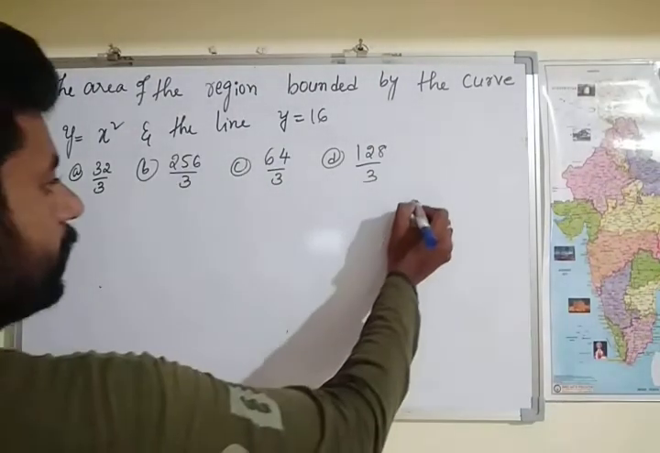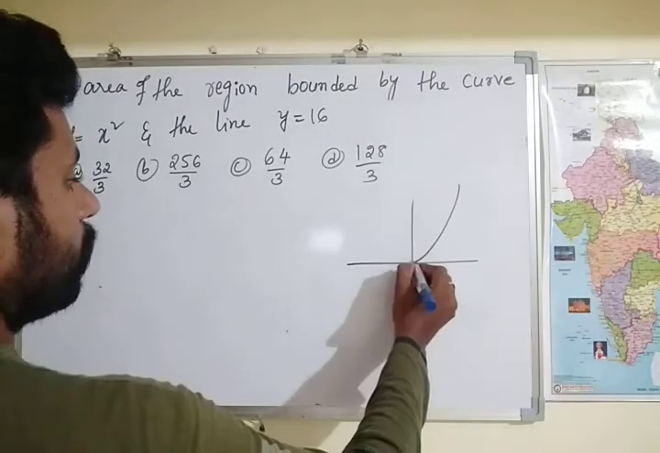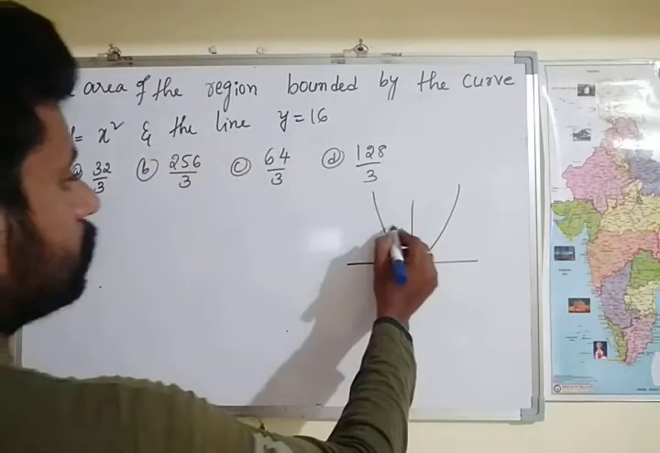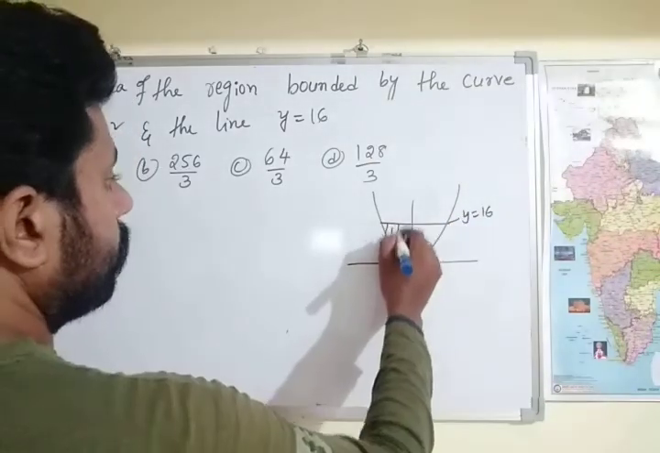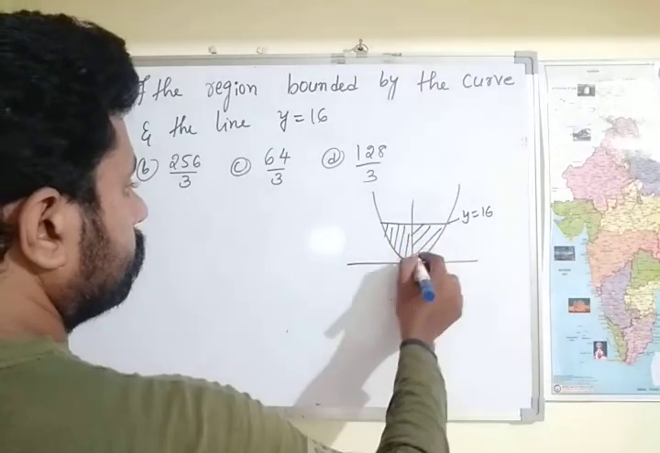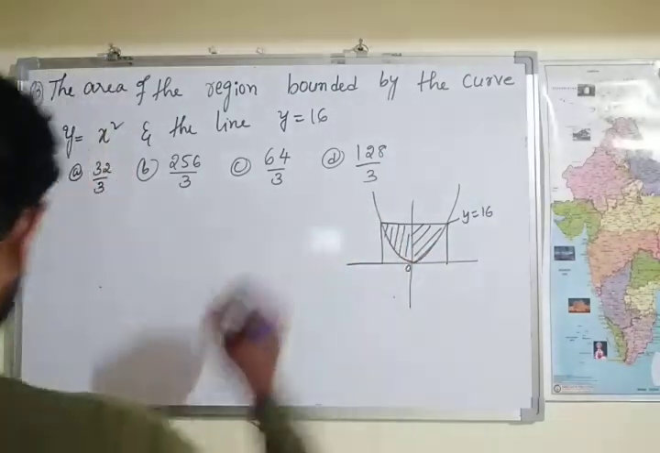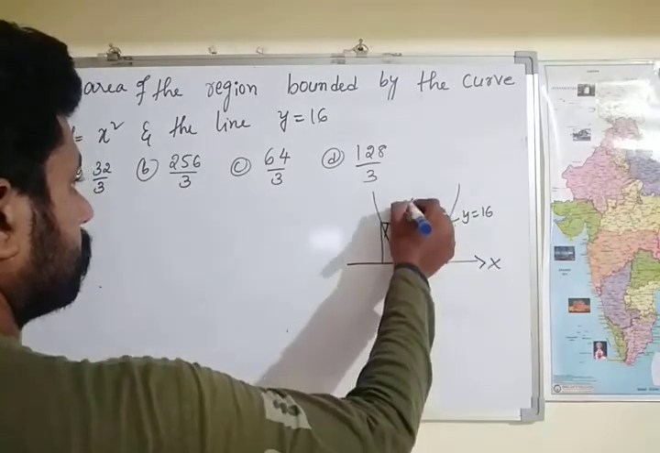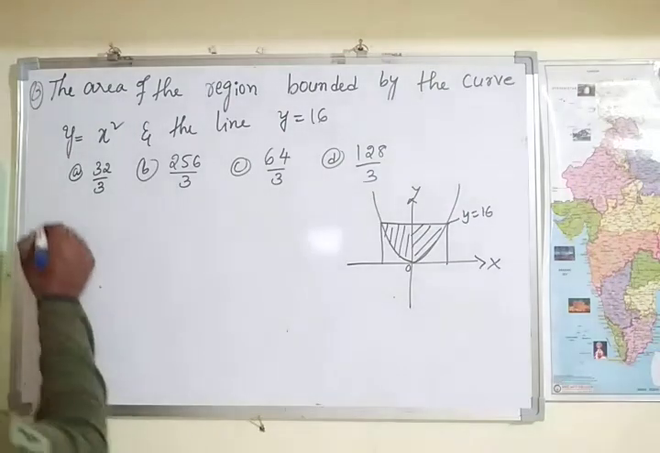So here we have the area of the region bounded by the curve y equals x square. See, y equals x square, or x square equals 4ay, means it is an upward parabola, and the line y equals 16. Now we have to find the area of this region. See here, that is the origin 0, 0, this is the x-axis, this is the y-axis. See y equals x square and the line y equals 16. Now the required area is equal to